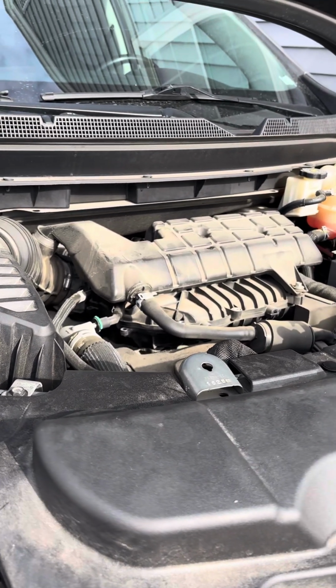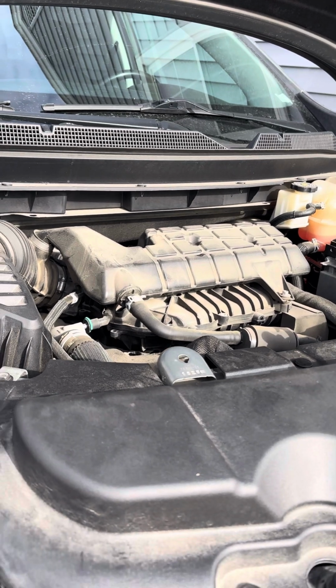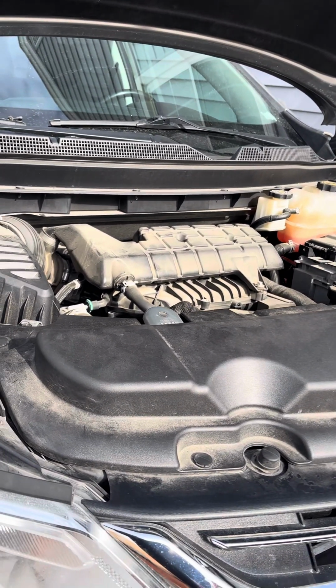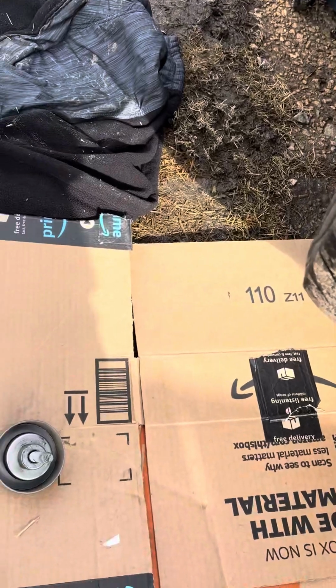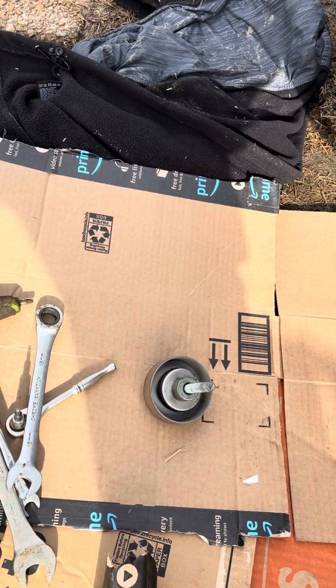Good morning, YouTubers. I'm doing an alternator on a 2019 Chevy Traverse 3.6 liter. The tools that I use to take the alternator off are going to be a flathead screwdriver, 3/8 drive ratchet,